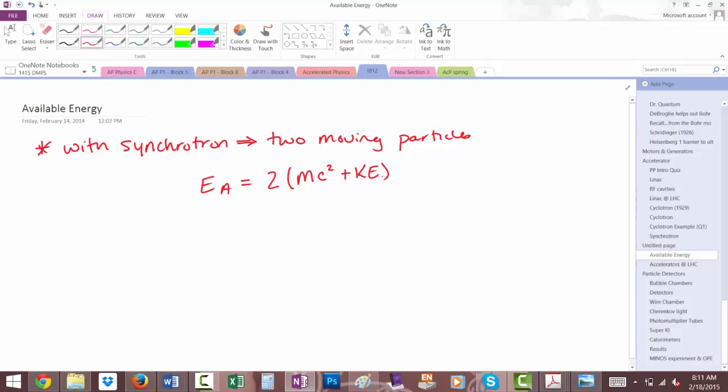Does that make sense? The slower the particles that you're creating are moving, the more mass they can have. Does that make sense? You have a certain amount of energy. This is the available energy coming in. And if we're going to make something out of that, if they're moving, then some of that available energy has to go into kinetic energy. If they are not moving when they are produced, which doesn't happen very often, but could, this is the maximum